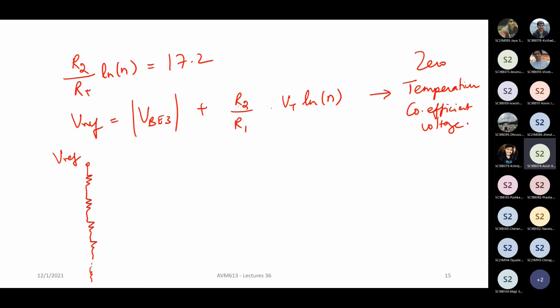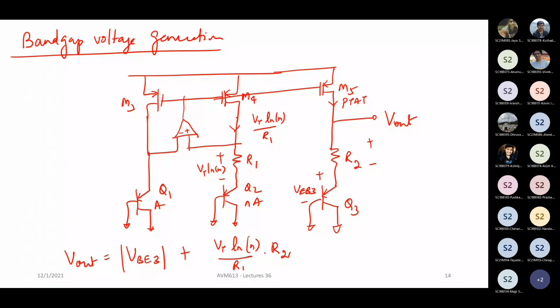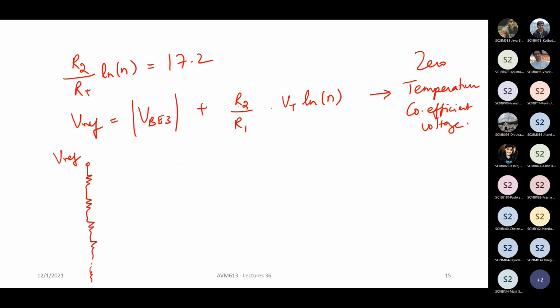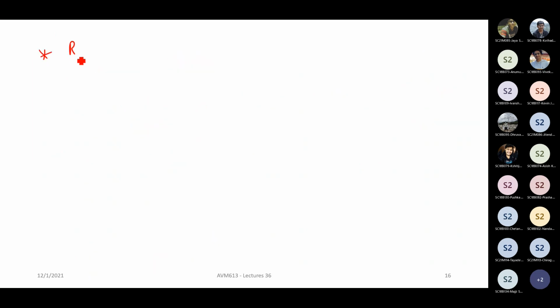We have generated here temperature independent voltages, but how do you generate process independent? So this will also be okay. When you talk about process, here you are mirroring the current, so that is really not an issue. Even if the threshold voltage changes, this op amp is going to make sure that nodes X and Y are going to be the same, no matter what your process corner is. As a result, the current that is going to flow through this is nothing but Vt ln n divided by R1. So the problem that you would face is R1 variation